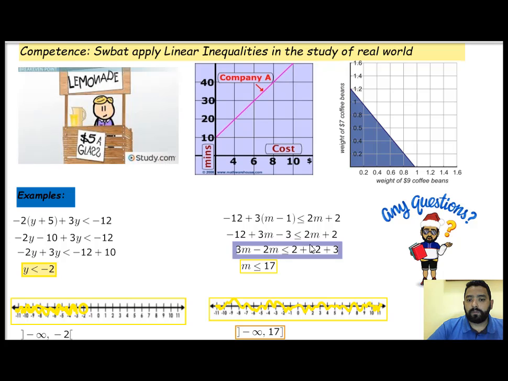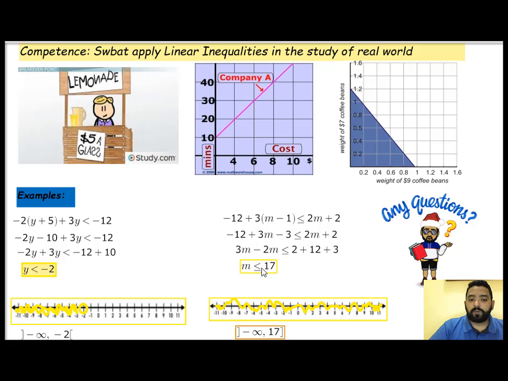Then we copy the 2 as positive because we don't use the transposition of terms. Then this is positive 12 because using the inverse operation we move it as a positive. And this is negative, so we move it as a positive number. Then 2 plus 12 plus 3 is going to be 17. So m less than or equal to